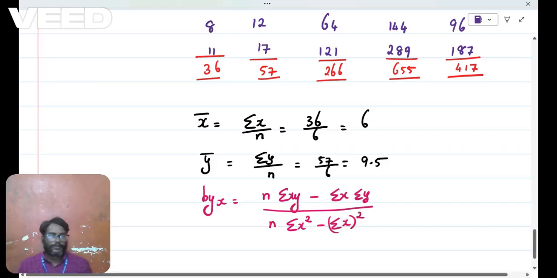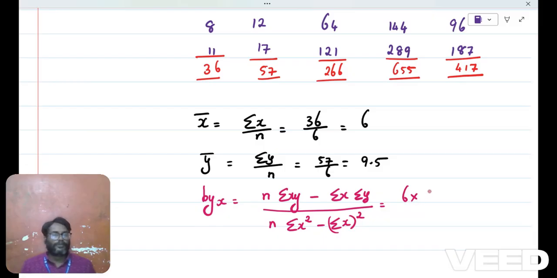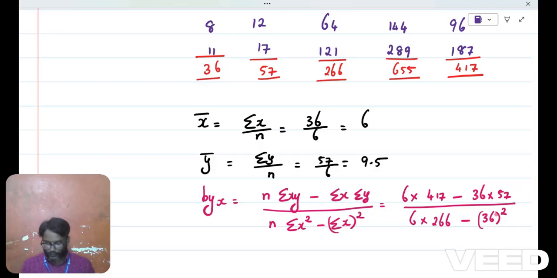So n is 6 into sigma xy is 417, minus sigma x is 36 into sigma y is 57, divided by n is 6 into sigma x square is 266, minus 36 the whole square. If you simplify this,